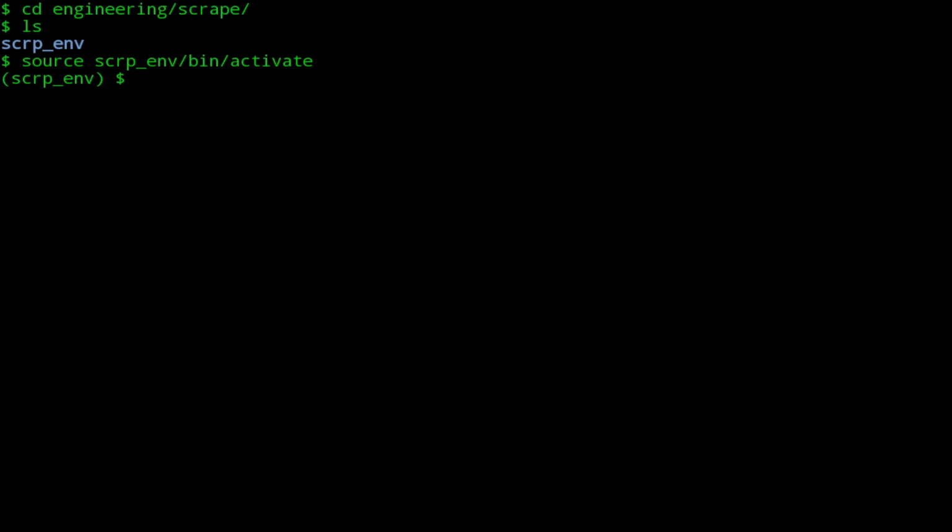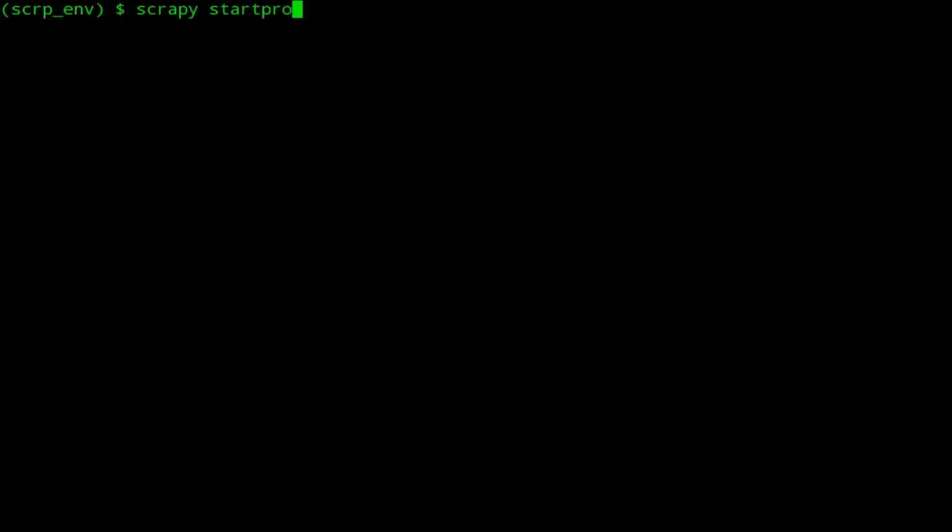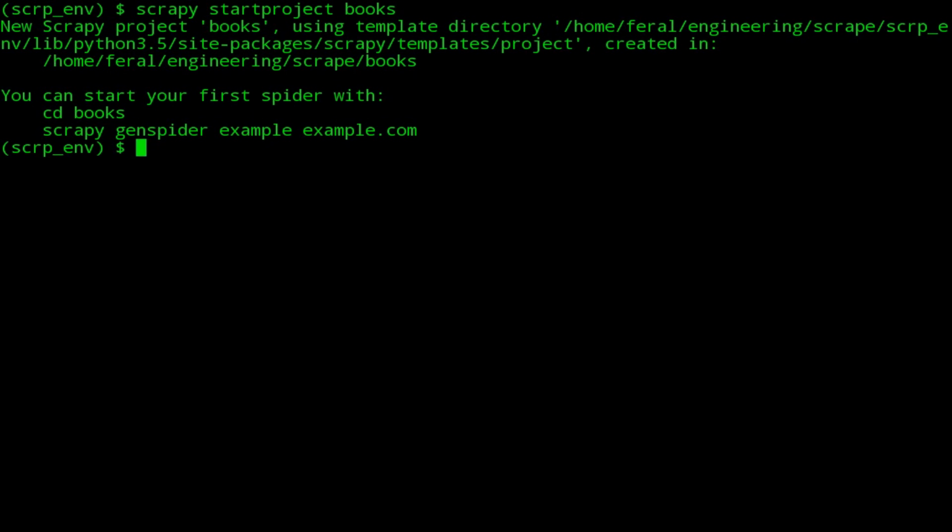Let's go slower. Change the directory into your scraping projects folder. Activate the virtual environment where you set up Scrapy by sourcing the activate script under bin in the virtual env directory. Now that the environment is ready, run scrapy startproject with a name of your choosing. I'll name this one books, as we're gonna be scraping product entries from books.toscrape.com, a phony bookstore site hosted by